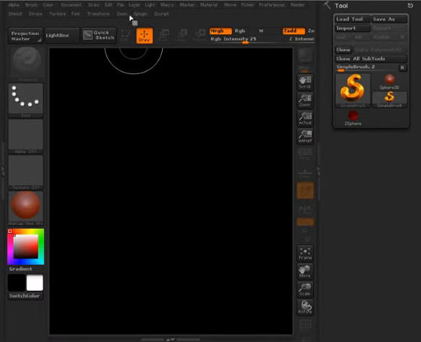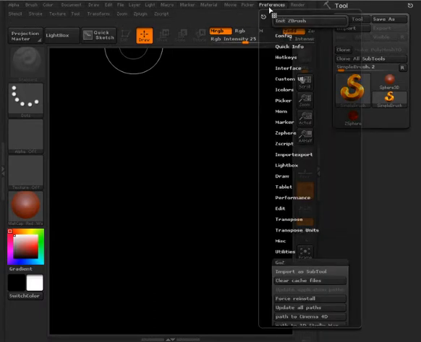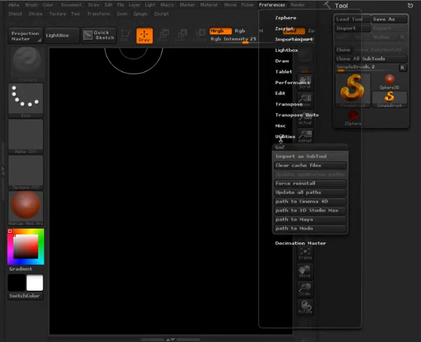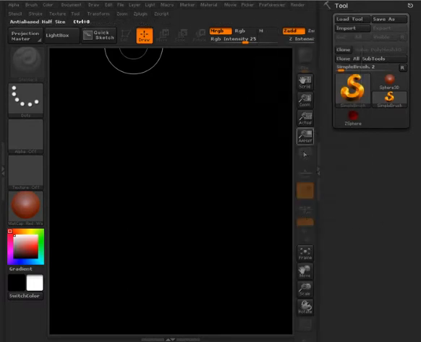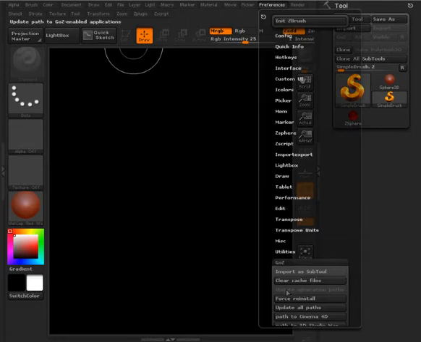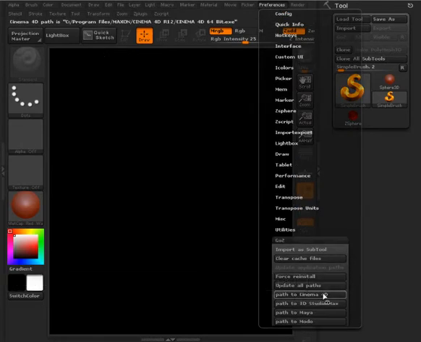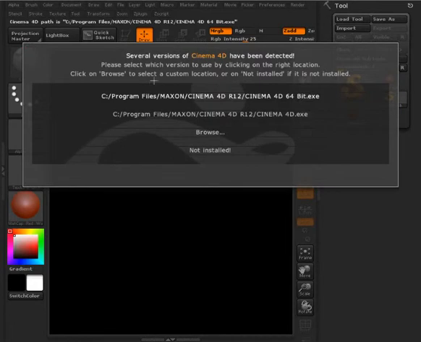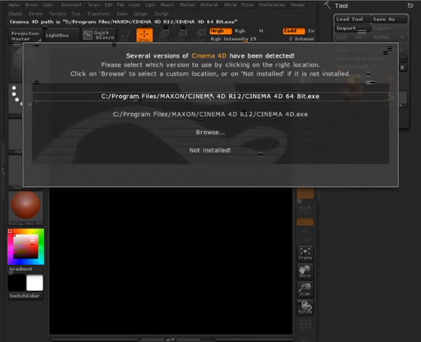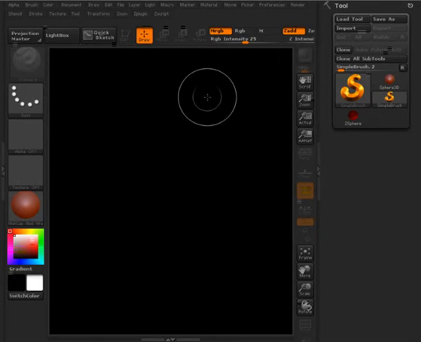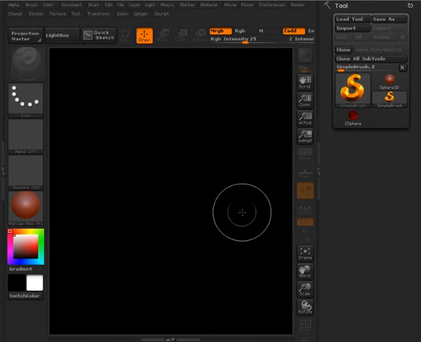I'm going to jump into the preferences. Under GoZ, you can see we have paths to our different software applications. Let's choose Path to Cinema 4D. There we want to select the version of Cinema 4D that we have installed. I will select this version here. You just want to select whatever version you want to associate ZBrush with. Okay, now let's go ahead and